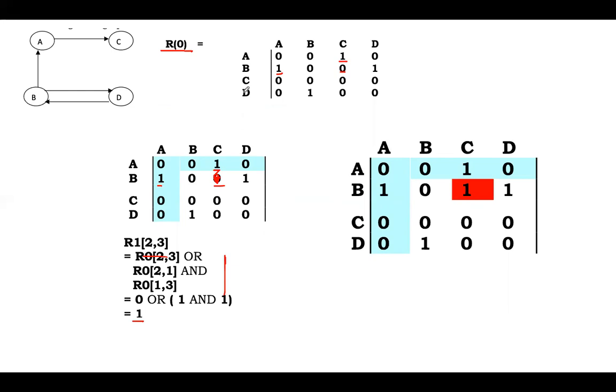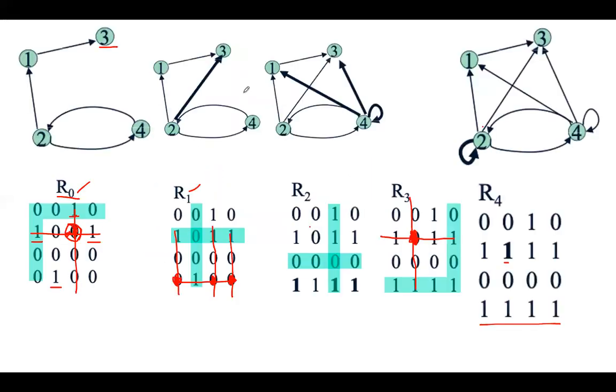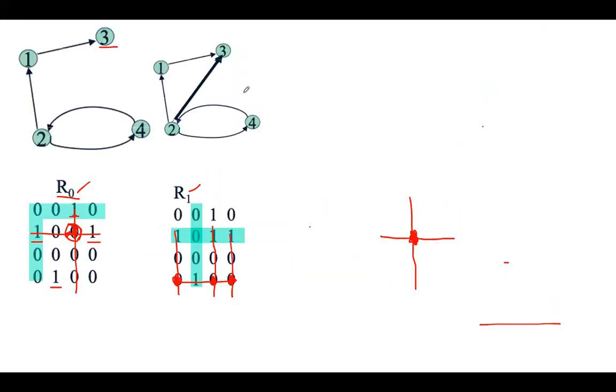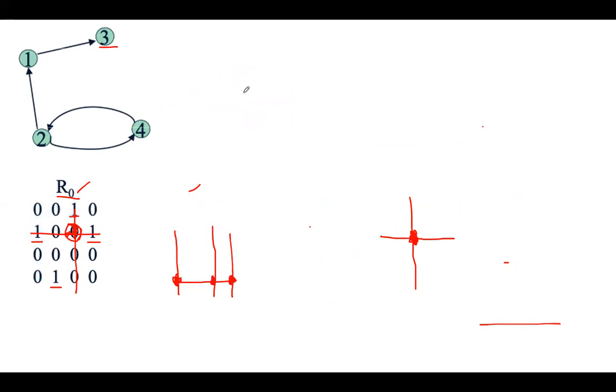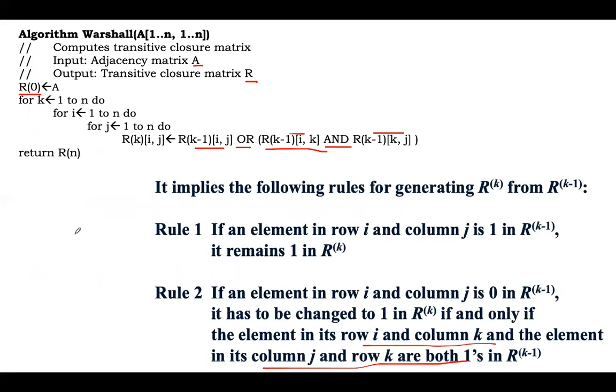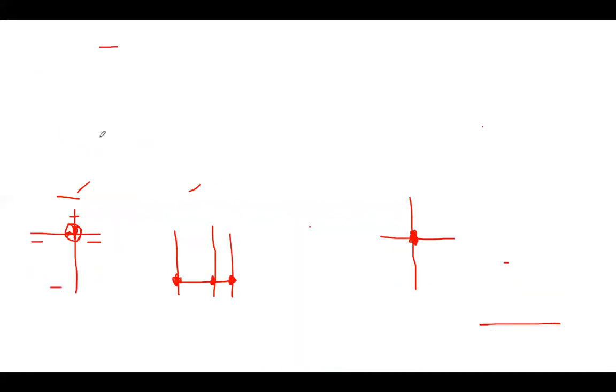First, see, it's a very easy thing. They will give you the graph. You have to write the adjacency matrix. First, consider first row and first column. And wherever 1 is there, you just draw a line like this. See, the algorithm you just write in the exam, these 4 lines. Okay. If you can't follow it, you can use the simple technique.